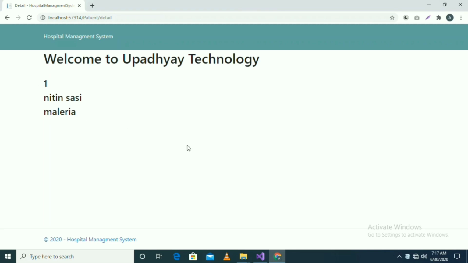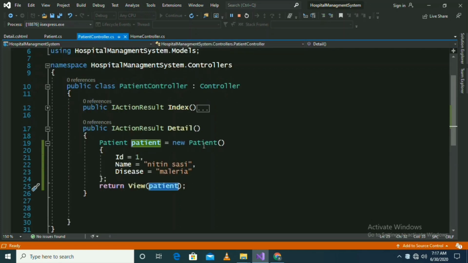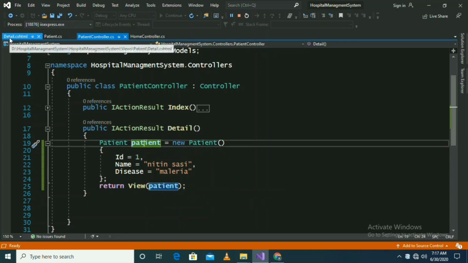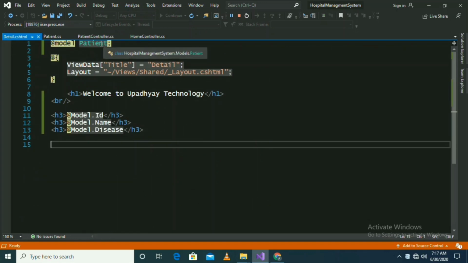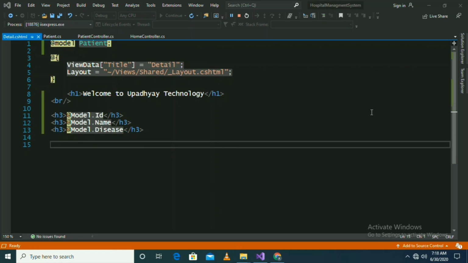Welcome to Upadhyay Technology and 1 Nitin Sasi and Malaria. This information is coming from the Details method, which is present in the patient object. So we are sending this patient object from our controller to the Details.cshtml view. It knows that information is coming in the Patient model, so it takes it and renders this information.